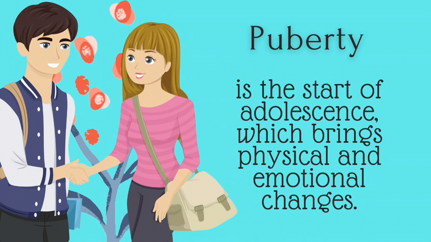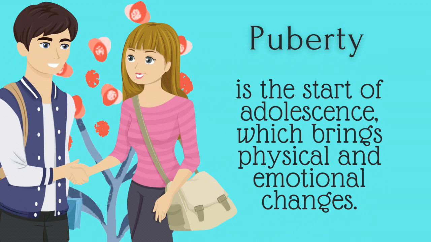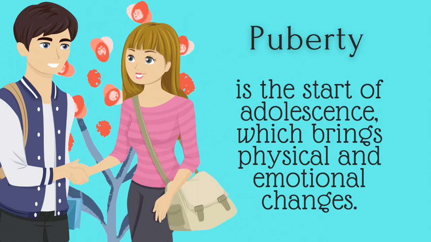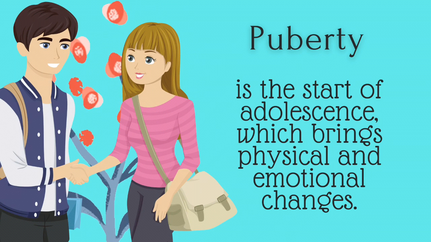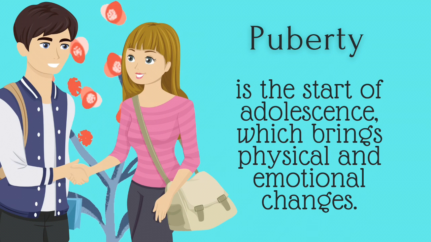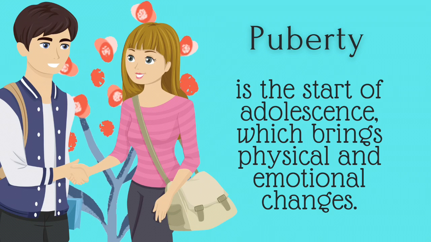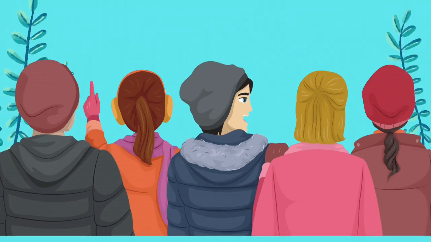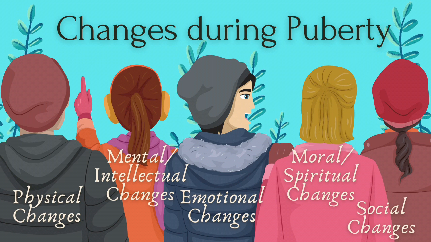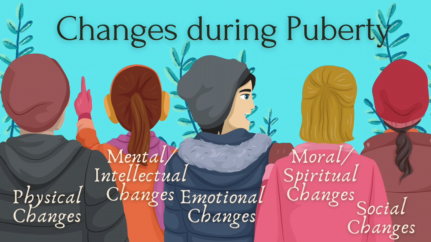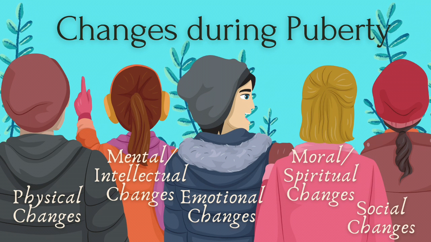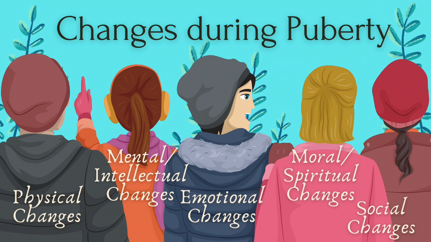Puberty is the time when males and females are physically able to reproduce. During this period, secondary sex characteristics begin developing. Changes in the body vary, and this means that we don't experience exact changes that another individual had experienced. Puberty is the start of adolescence, which brings physical changes, mental or intellectual changes, emotional changes, moral or spiritual changes,